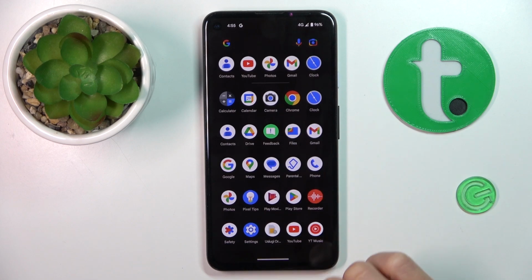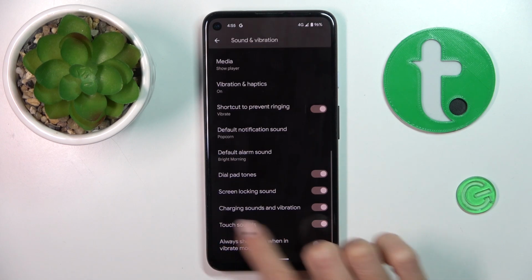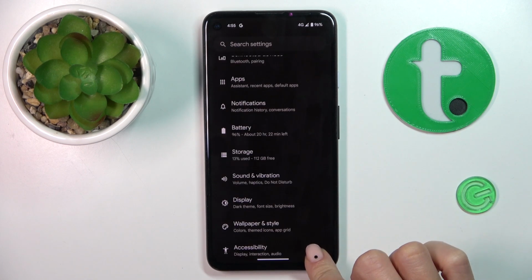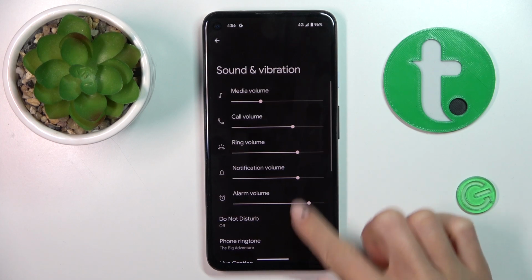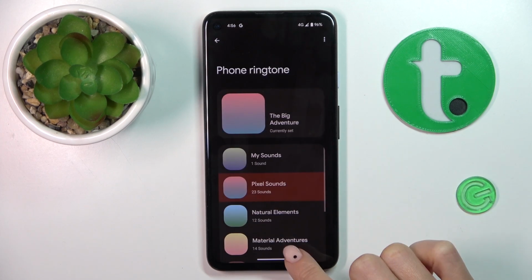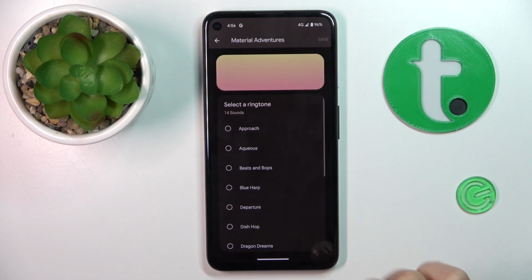At first, open the list of all apps and reach settings. Then find and select sound and vibration, and here click on phone ringtone. Choose the album from which you want to select your ringtone, pick the particular tune,